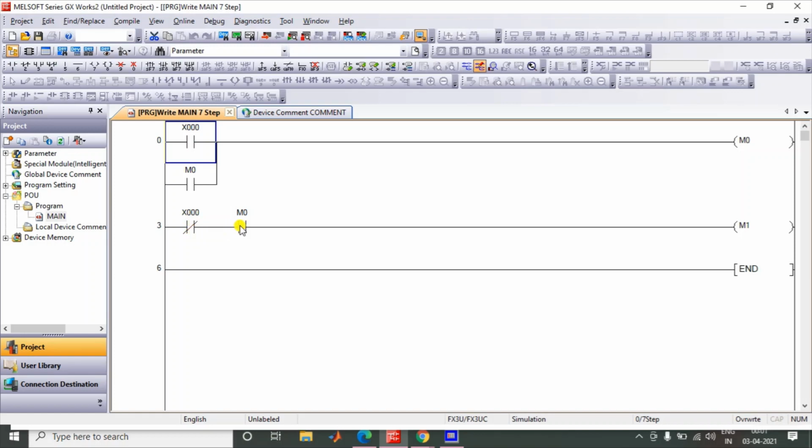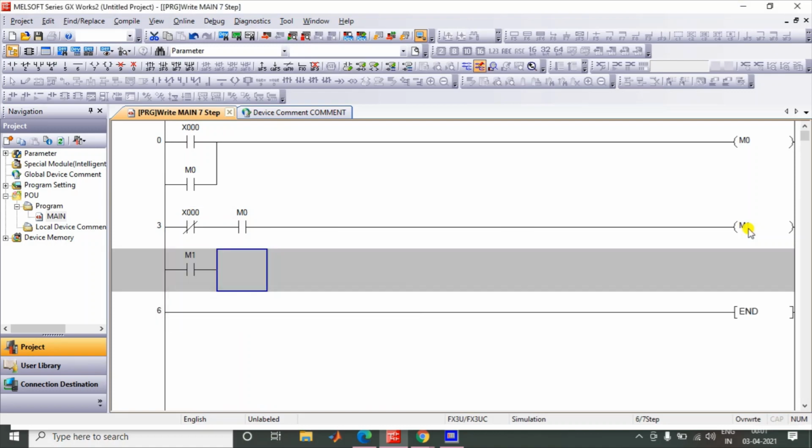and the memory from the first step. So now we are on the second step. What I want is, when I have this M1, I just want to hold it first.